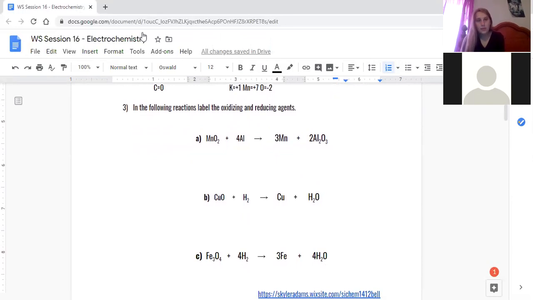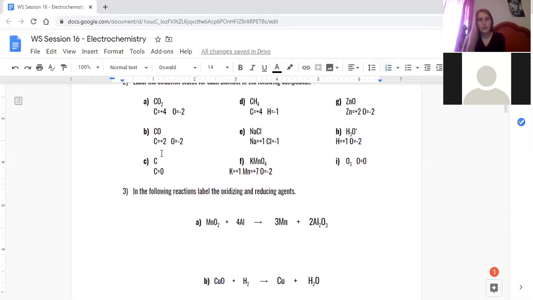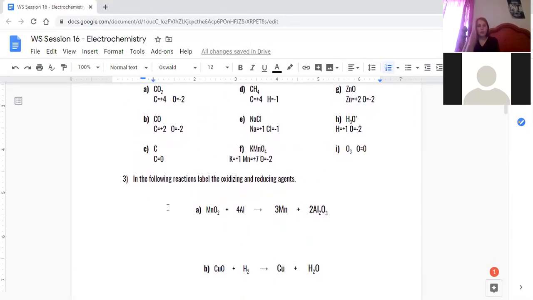All right. Okay, leave that so you can see it for the time being. Okay. So for the following reactions, label the oxidizing and reducing agents. So we're going to look at these and we have to figure out what is being oxidized and what's being reduced. So when we look at this first one,